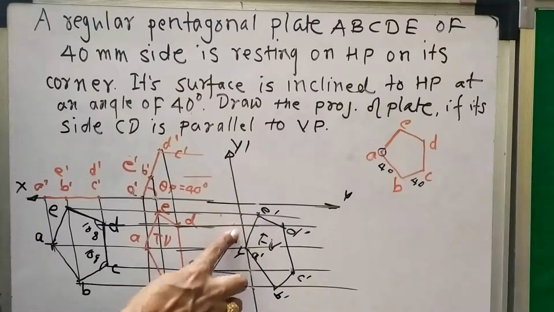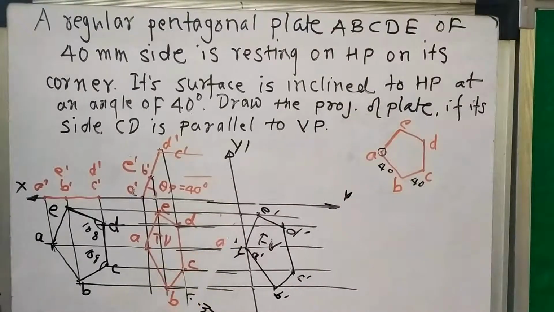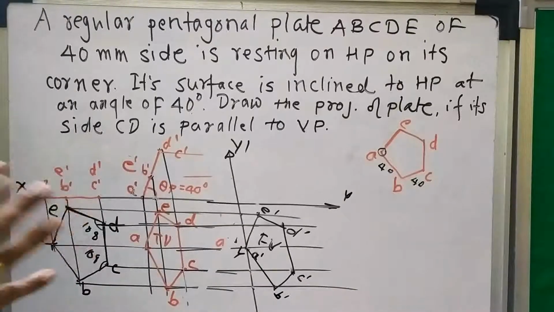So I think that you have understood the solution. In the next problem also we will solve by the auxiliary plane method. So most of the time we will try to avoid reconstruction and solve the problem by the auxiliary plane method. So these are the 4 problems for the assignments. So watch this video carefully and solve these problems in your sketchbook and complete the solution.